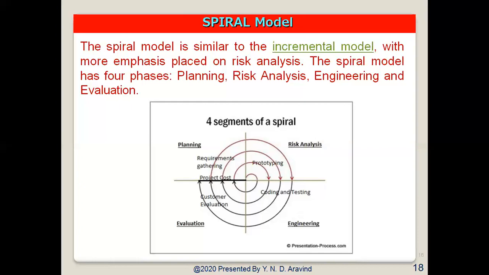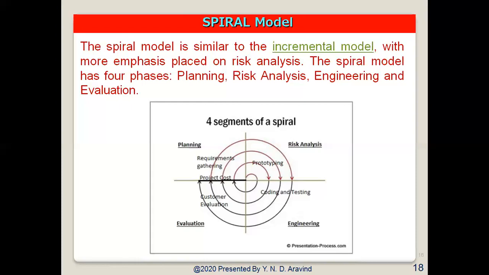This phase allows the customer to evaluate the output of the project to date before the project continues to the next spiral. Once after developing, it undergoes all the 4 stages, then goes to the next phase. Here the focus is on risk assessment and on minimizing the project risk by breaking the project into smaller segments and providing more ease for changes during the development process, as well as providing opportunities to evaluate the risk, and weightage considerations of the project continue throughout the life cycle.